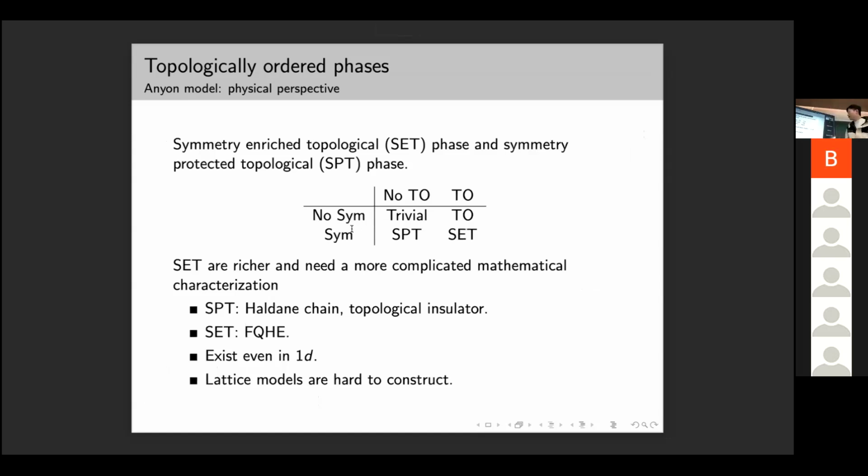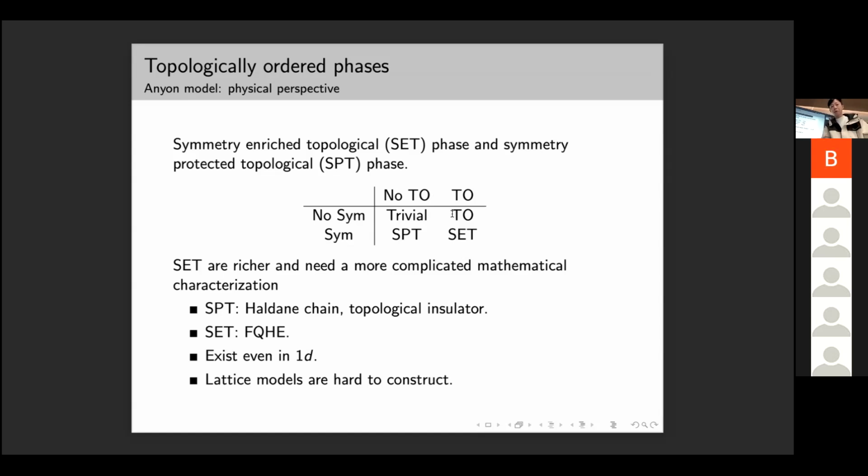And now, since I have mentioned symmetry, this symmetry is a crucial topic in physics. And if we introduce the symmetry, then there is some richer structure for this topological phase. We have such a table, depending on the physical system, whether there is any symmetry or no symmetry, and whether there is topological order or no topological order. If there is no topological order and no symmetry, this is a trivial phase. And if there is just a topological order but no symmetry,